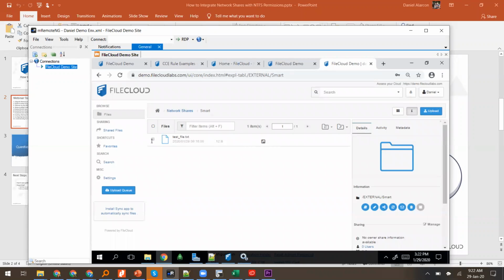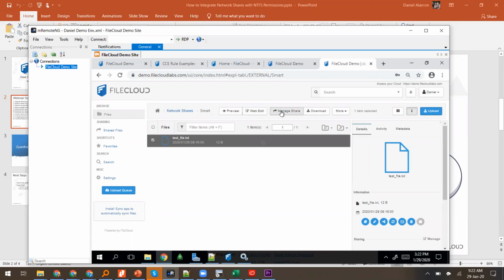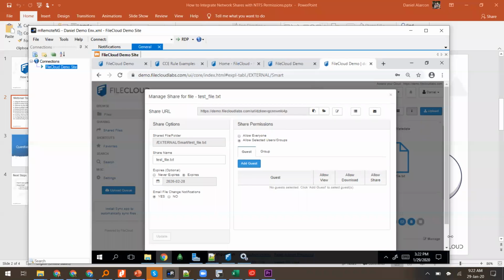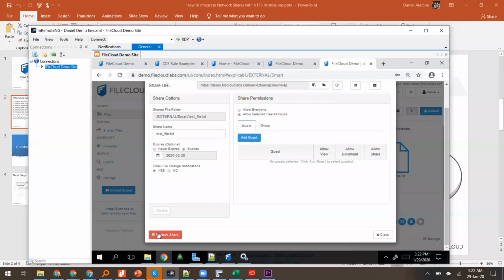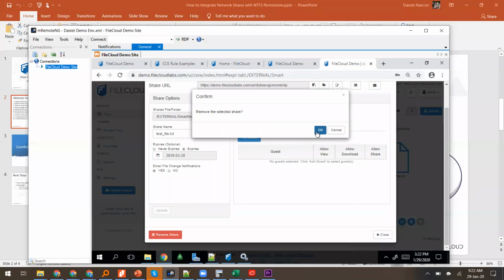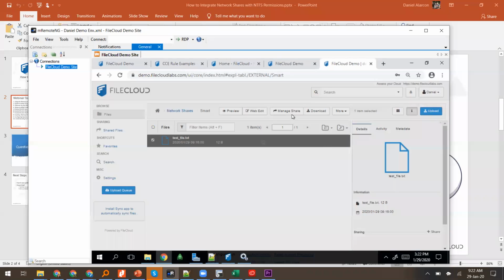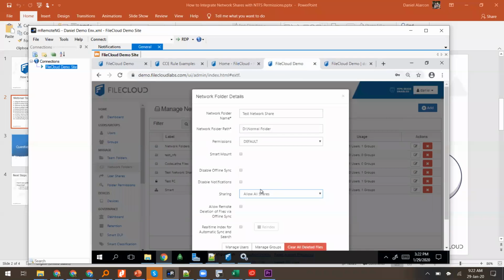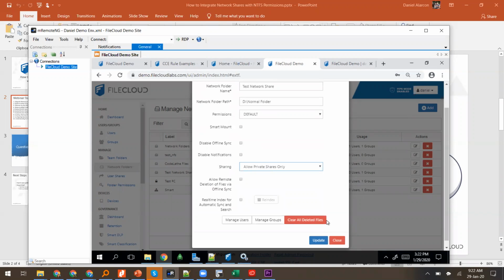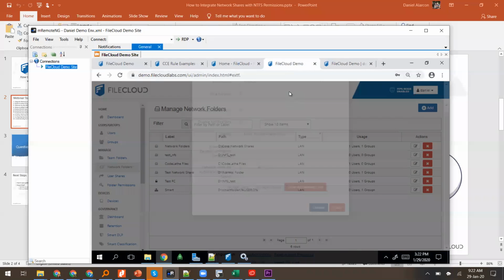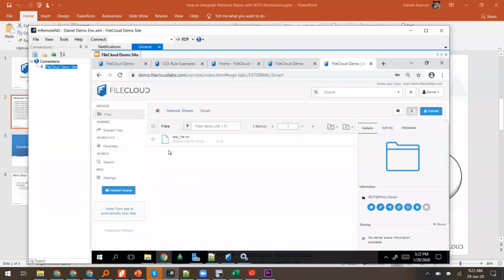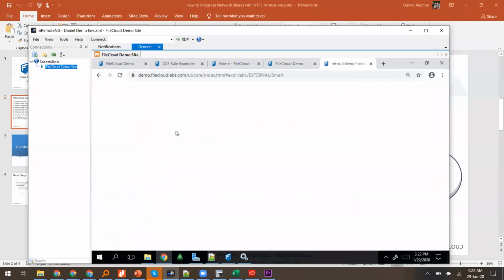let's remove this share. Let's say it's an important accounting folder in your network share, and specifically on that folder, you don't want to allow shares to go outside, right? Shares are only going to be allowed between the users. You can say here, okay, only private shares, and I update that permission. If I go back again here, refresh,